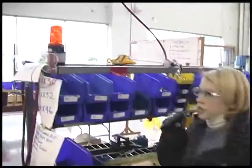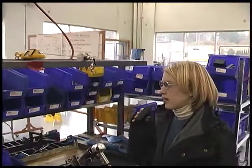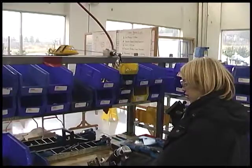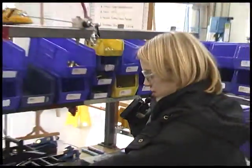So as you can see, we've done other things. We've started to play around with signal systems. We've started to have much smaller bins so that instead of having a day's worth of production, we're shooting for about 2 hours worth of production or half-day production, depending on our supplier. We've done things like make our tools much quieter, have the little holsters right here next to it. Everything is set so you can't